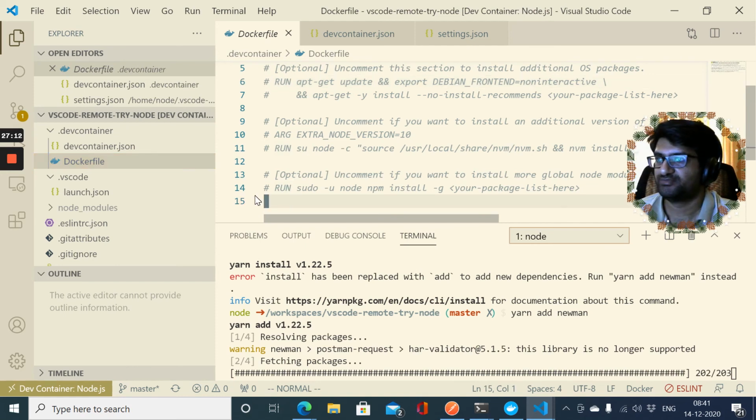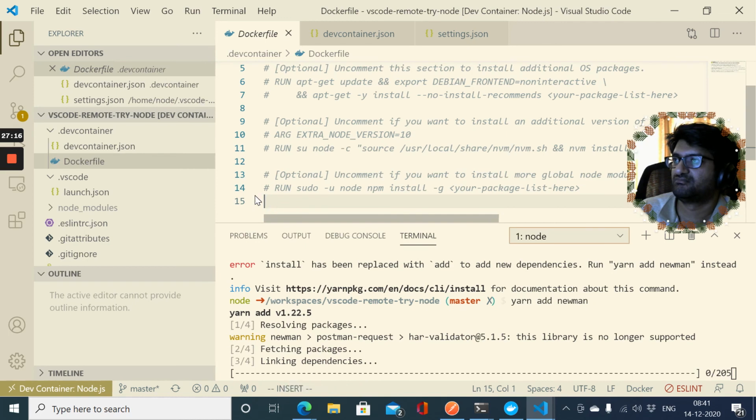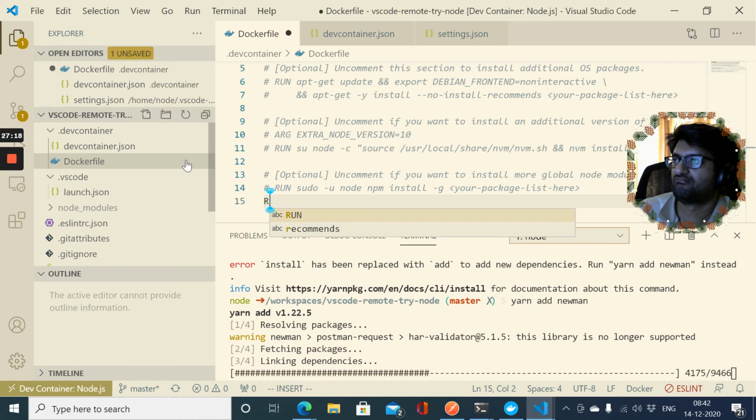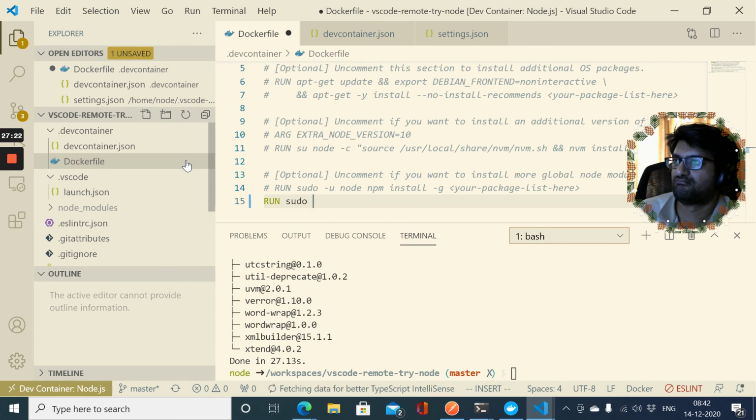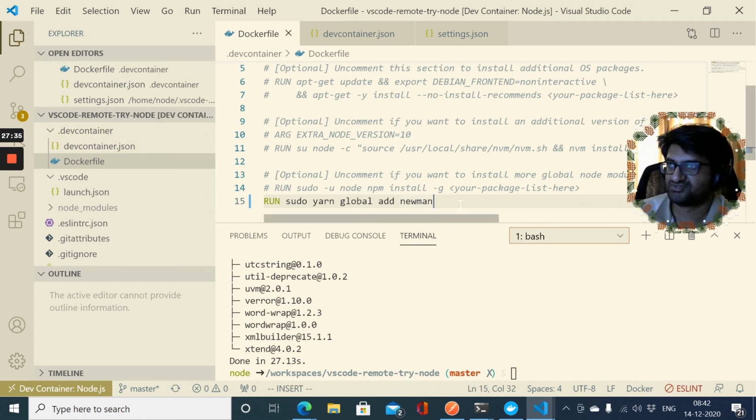And I also want to make sure that it's always present in the container, so I'll just add it here. And then that's it, so it should work.